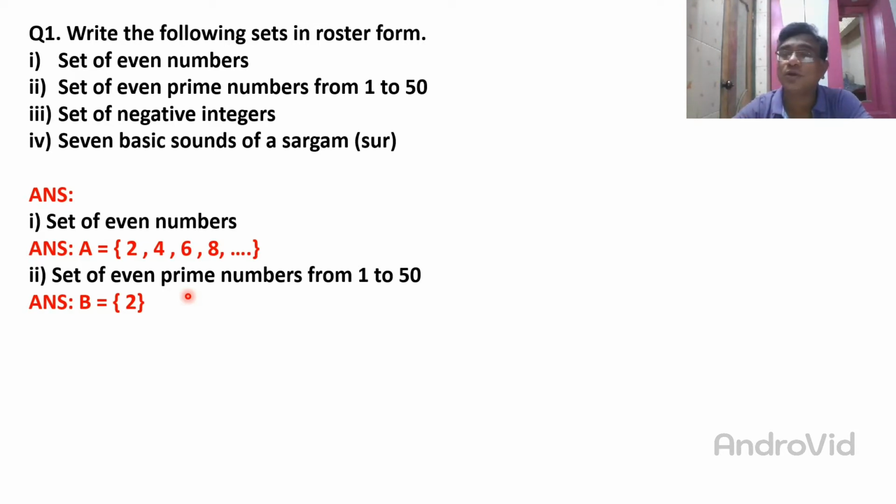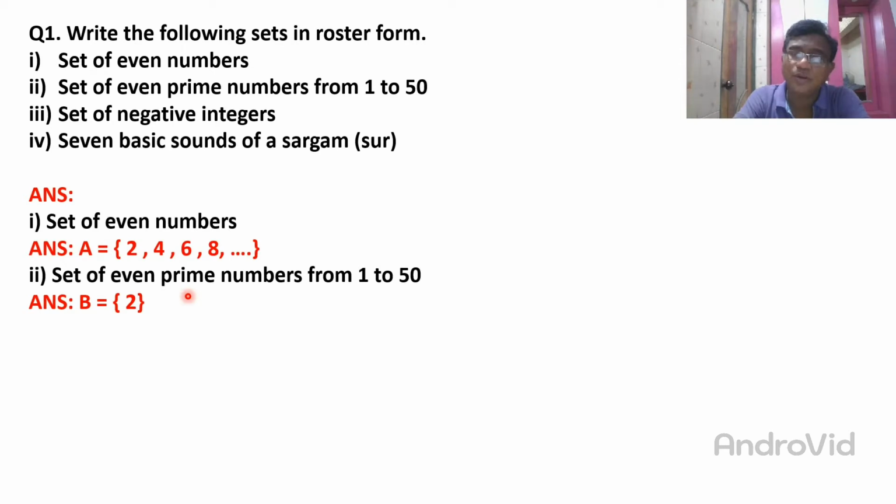Then other students are thinking, why not 3? 3 is an odd number. It is not. 4 is an even number, but 4 is not a prime number. Why is 4 not a prime number? Because 4 is divisible by 1, by 2, and by 4, so it is not prime, it is a composite number. Okay, so my students, we check in such a way and find out which is the prime number. So from 1 to 50, the only even prime number is 2.